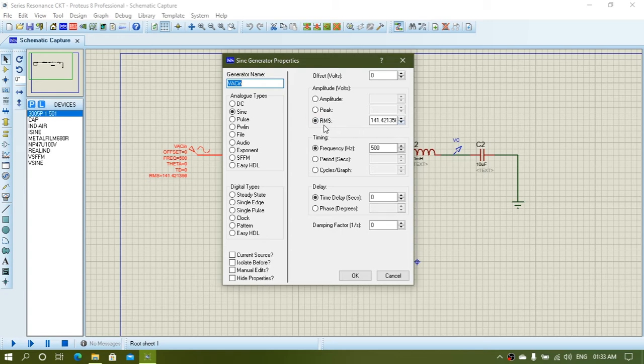I provide here the input RMS voltage, which is equal to 200 volts. So I directly take it as RMS, and frequency, as I already mentioned, 500 Hz. Okay, and select the nature of this signal as sinusoidal.